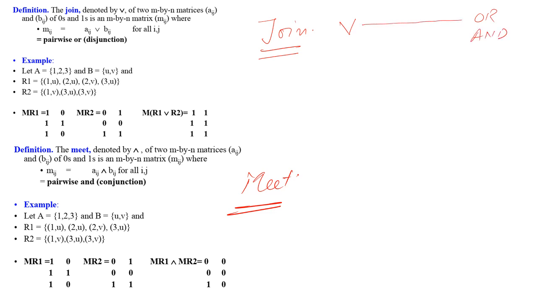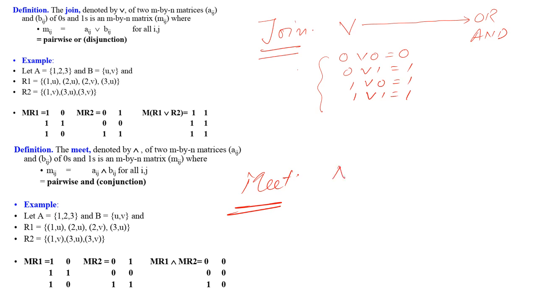Now this join operation is similar to your OR operation. So that essentially means 0 join 0 is equal to 0, 0 join 1 is equal to 1, 1 join 0 is equal to 1 and 1 join 1 is equal to 1. So this is similar to your OR operation. This will be used for the matrix operations, right? I'm not going into the details over here. I'll use them in the further slides.